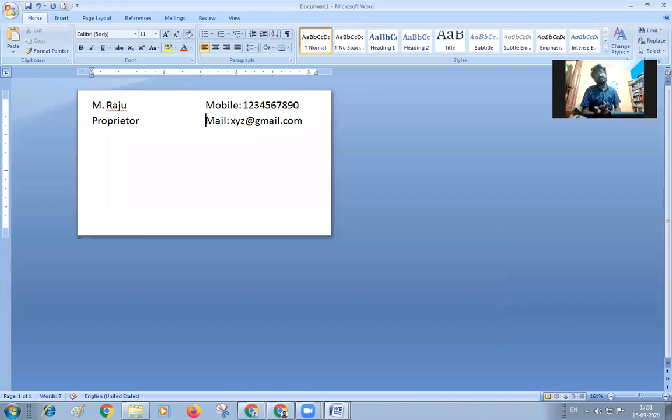I've given my own size by using the various sizes. Height and width is given to me. I selected the height and width and entered the text. Now I need to enter the name of the firm, and for this, I need a different text. So first, I'm taking this.